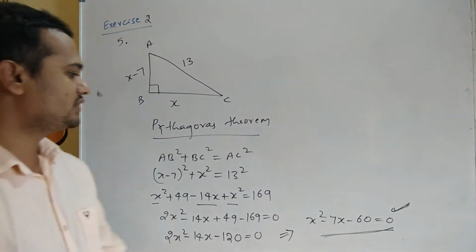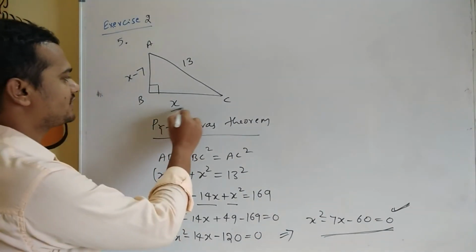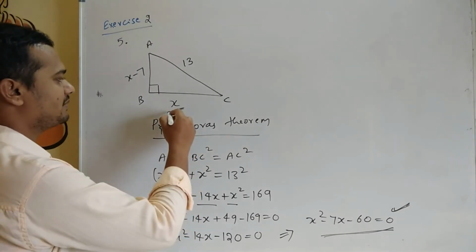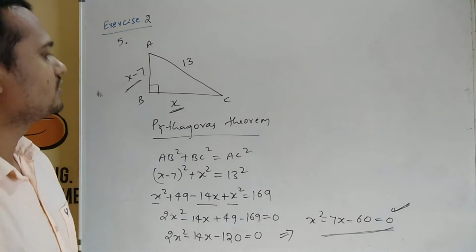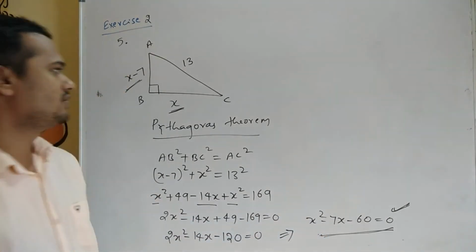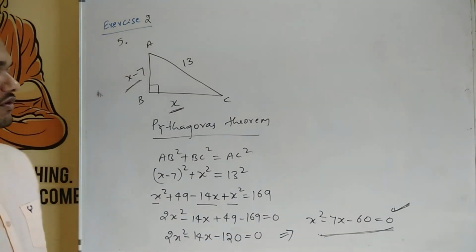So if we solve this one, what will I get? I will get the x value, that is the base. Then once I get the base, I will get the altitude also. Just subtract 7 from it. Okay. So forming an equation is important. So we'll solve one more problem. Okay. Let me solve this problem from the same exercise. I will read out the question.